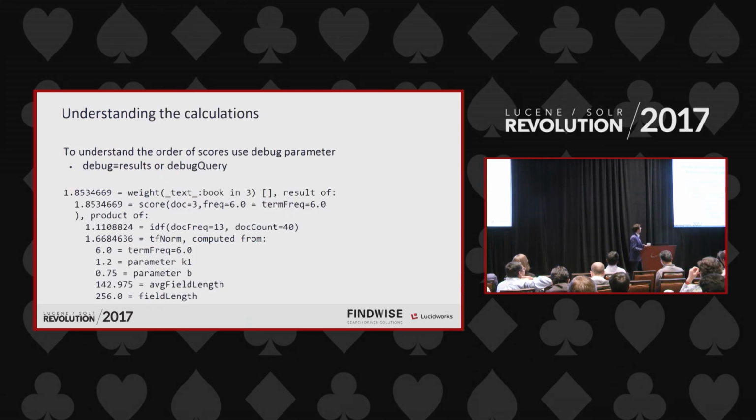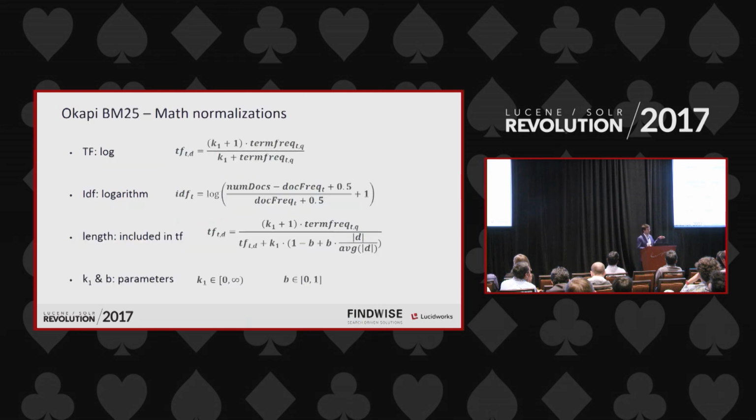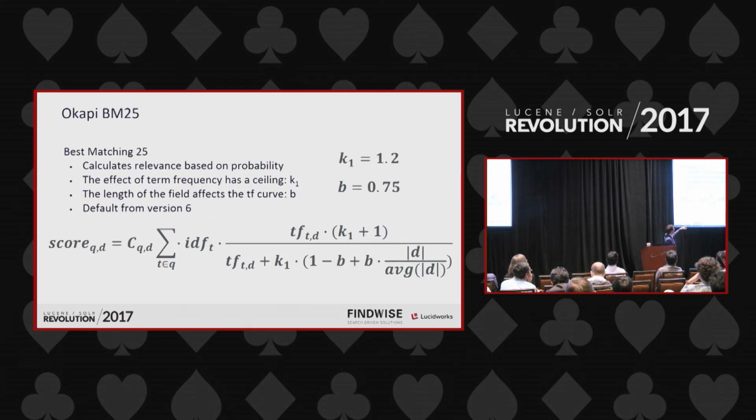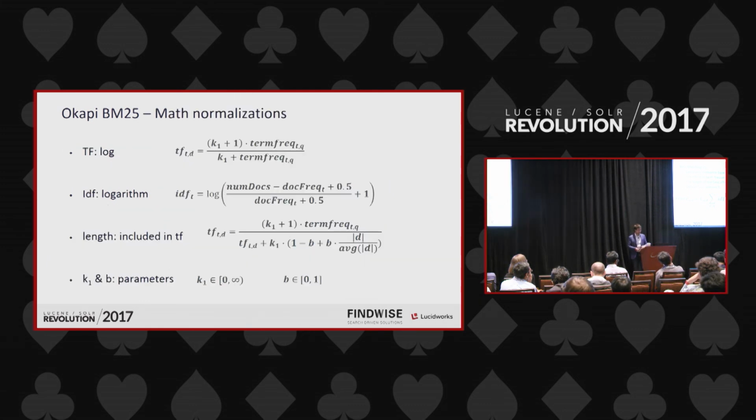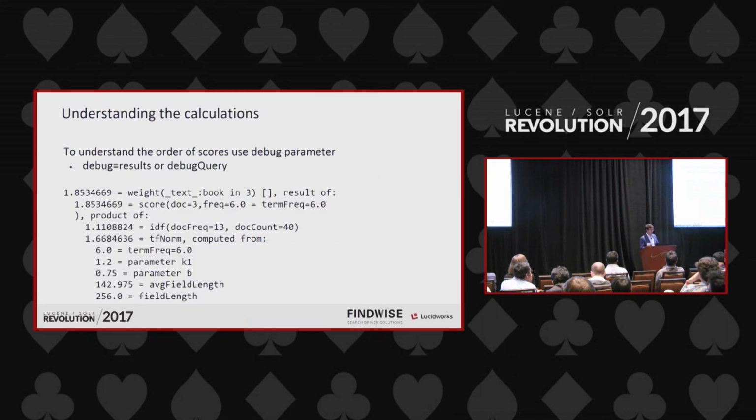Over that, we have the debug parameters. They will give you a marvelous, unreadable string that explains everything. So usually you're going to want to either take it automatically and display it in your application, or try to format it in a different way. But the good thing behind it is that it explains everything that we saw before. It will go through all the different parameters, and it will tell you, okay, we have this TF, we have this length on the field, we have this inverse document frequency. It even tells you all the coordination factors and so on. And it tells you how the score was calculated.